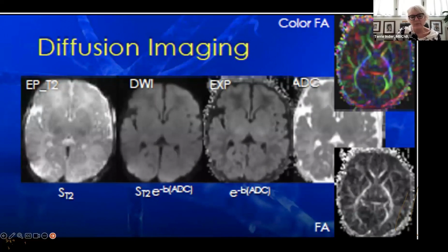Diffusion imaging is really important to talk about because most people get very confused. Some people call it confusion imaging because there's so many different sequences that you see. We acquire diffusion imaging as a form of T2 imaging, and you often won't see this EPT2 that's thrown up, but it's basically different information that's coming off a rapid T2 sequence that we're running against different characteristics, but it's using similar types of features. So when we first get our first